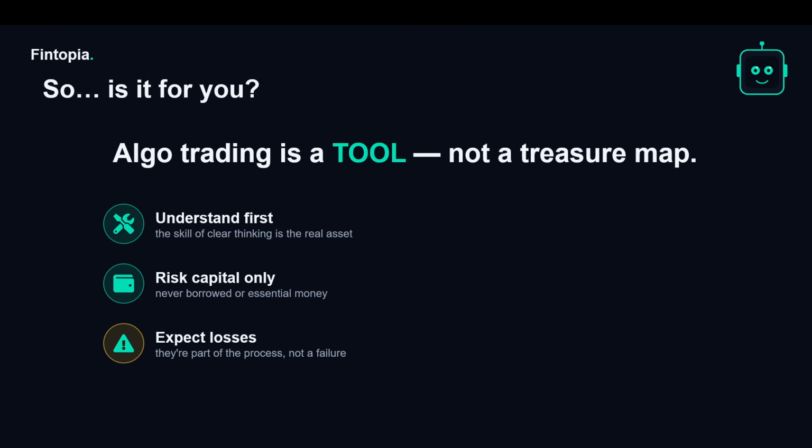Not many people will provide the details, but go through the stats, right? Go through the capital requirement. Always put 20 to 30% more capital than required if you are deploying algos from marketplaces, right? Risk capital only, right? We have spoken that whatever we can spare to lose. Expect losses, right? We have seen